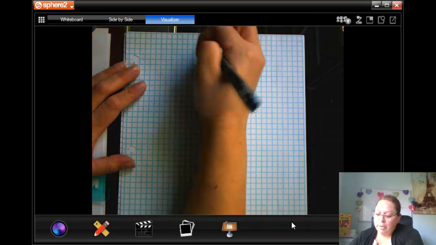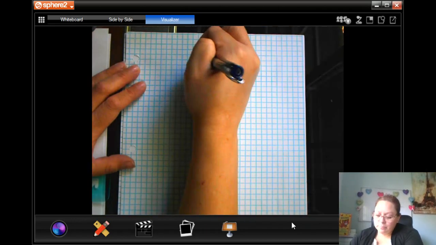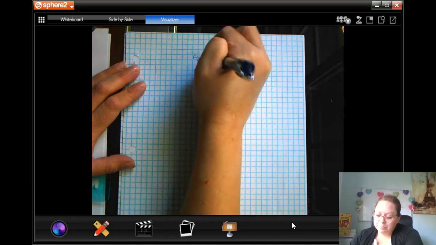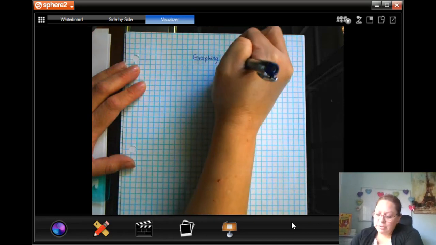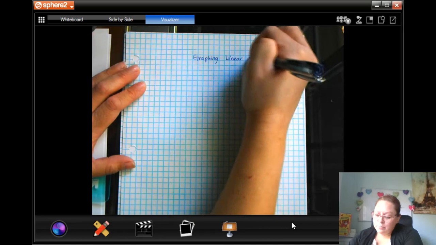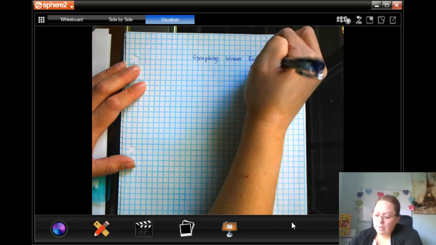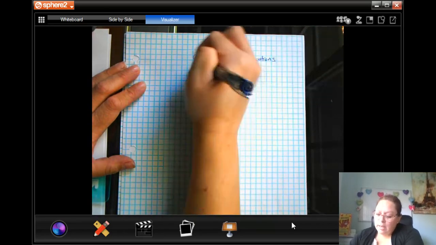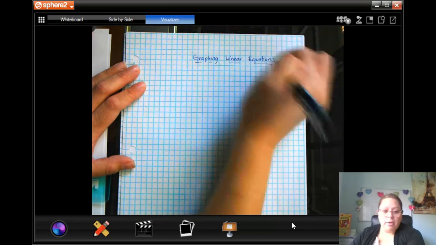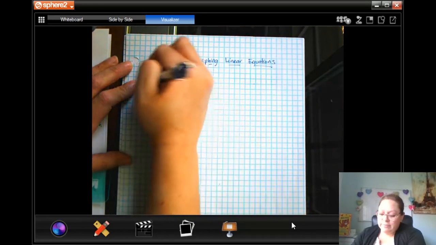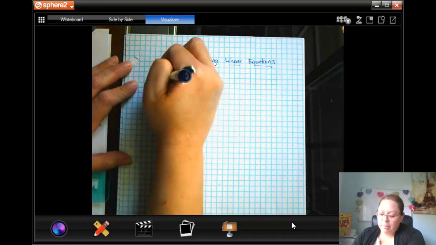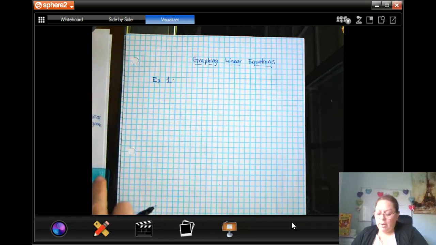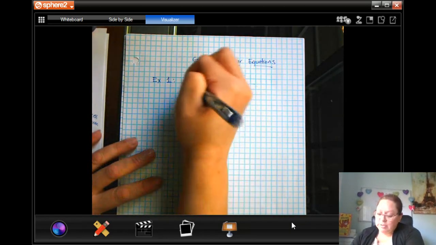So go ahead and put your title, Graphing Linear Equations. And I'm going to go ahead and give you a very simple equation to graph. So here's your first example, example number 1, right? We have y equals 2x plus 3,